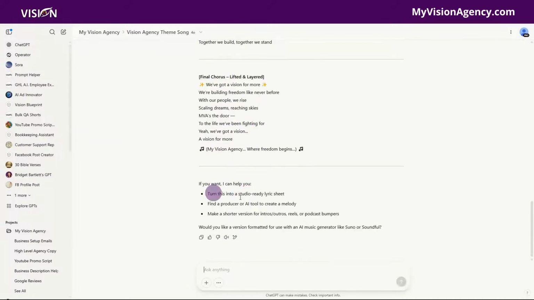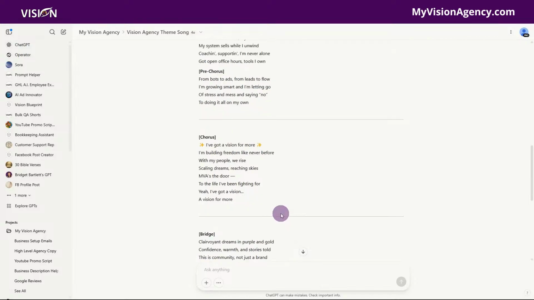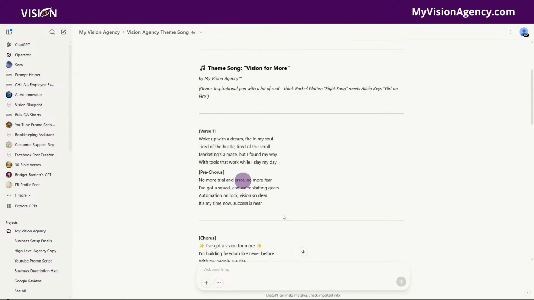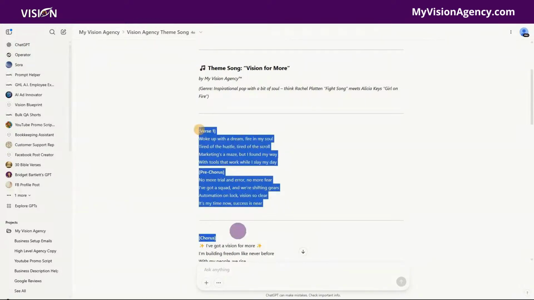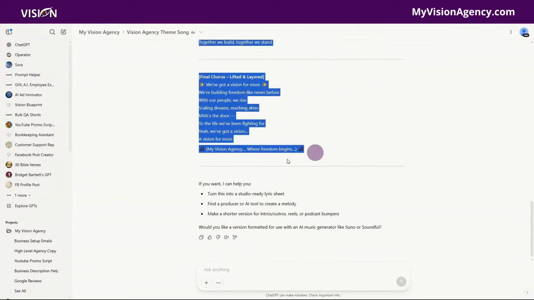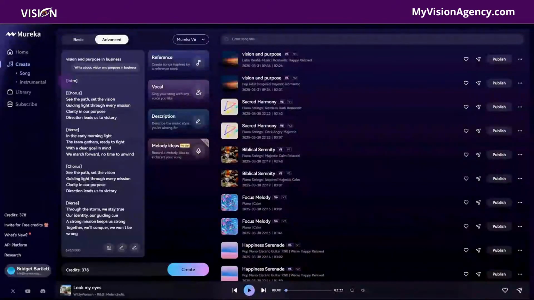Now it's even asking here, do we want to turn this into a studio-ready lyric sheet, find a producer or AI tool to generate the melody, or make a shorter version for intros and outros, reels, and podcast bumpers? So it's really going to give us everything that we need when it comes to generating this music here. So what I'm going to do is I'm actually just going to copy all of this, and let's go back to Mureka. And I'm going to paste this here